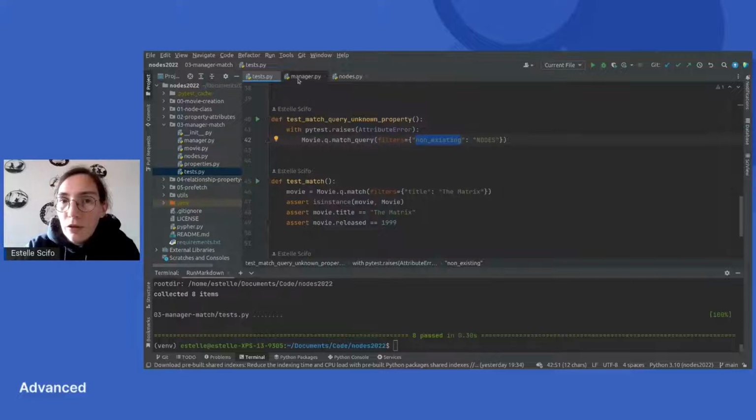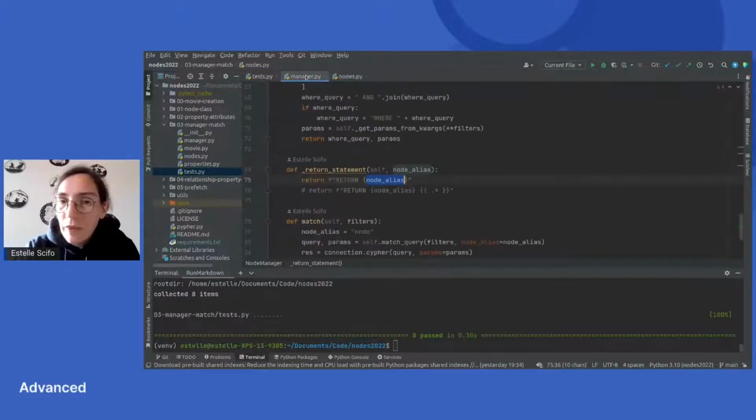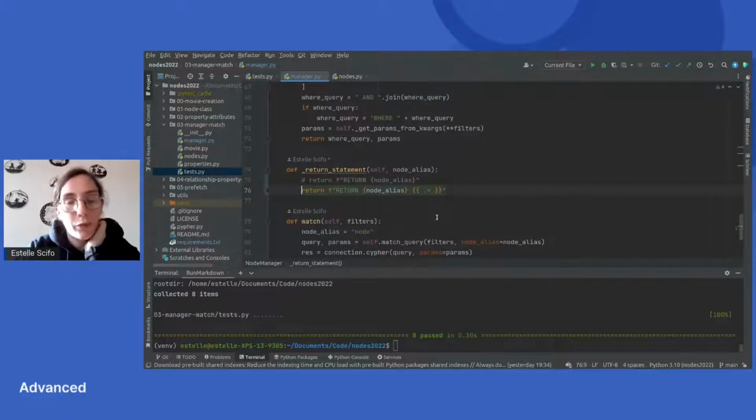One thing I want to show you here is that instead of returning the node directly as we're doing, we can change that query a little bit and take advantage of Cypher map projection to return only the properties that we are interested in as a JSON object.